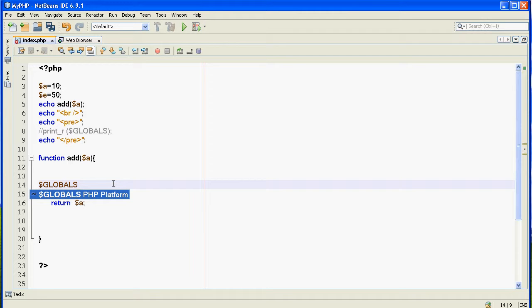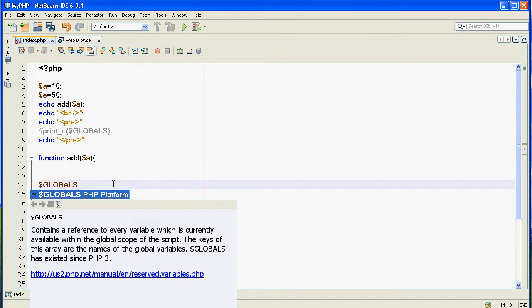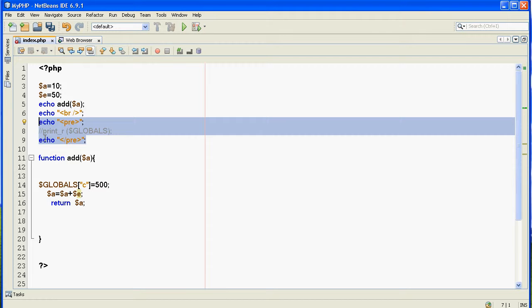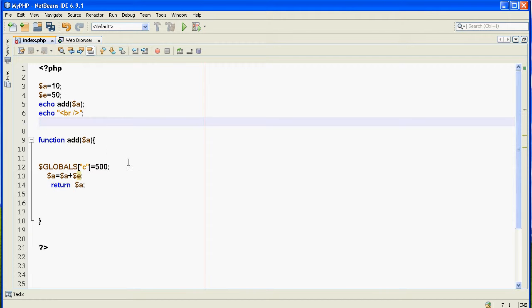So I will just say GLOBALS of C equals 500, for example. Okay, of course I don't need this anymore because no need to display the array. So now I say just GLOBALS C equals 500,